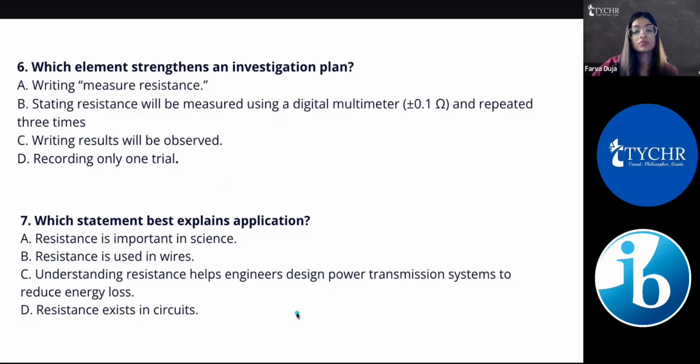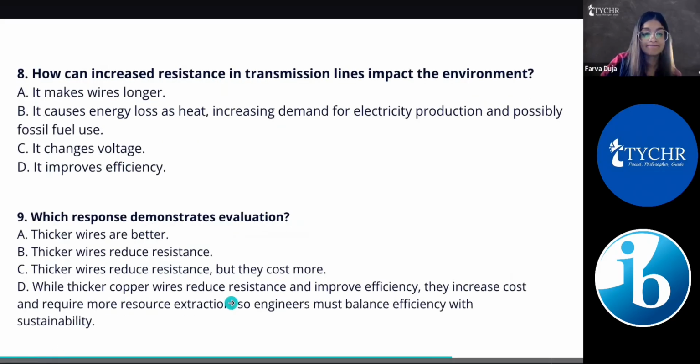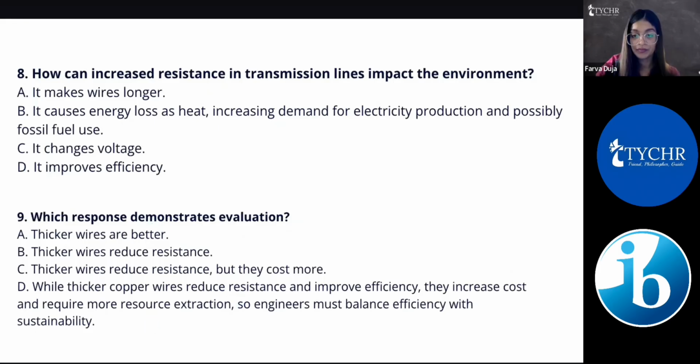Question number 7 would be your criteria D, asking about application. What do you think the answer is? Great. C. So let us do question 9. Answering this question is pretty straightforward. I just want you to recognize